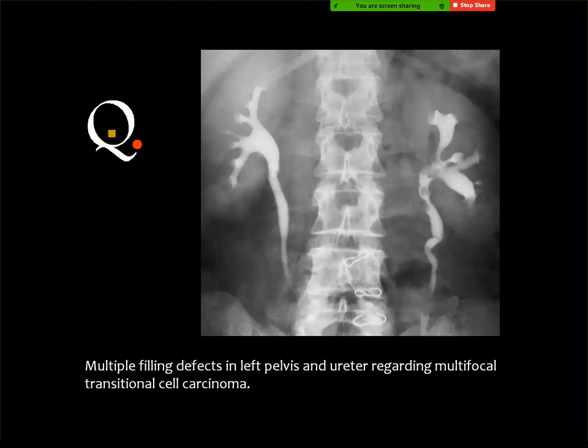Ureteritis cystica? No, and the answer is here. Yes, you have multiple transitional cell carcinoma. These are lesions, and this is one of the lesions that is relatively big in the lower part of the ureter. Multiple filling defects that are sizable compared to ureteritis cystica. And you know that transitional cell carcinoma can be multifocal. It can be seen in the collecting system, in the ureter, as well as commonly in the urinary bladder.